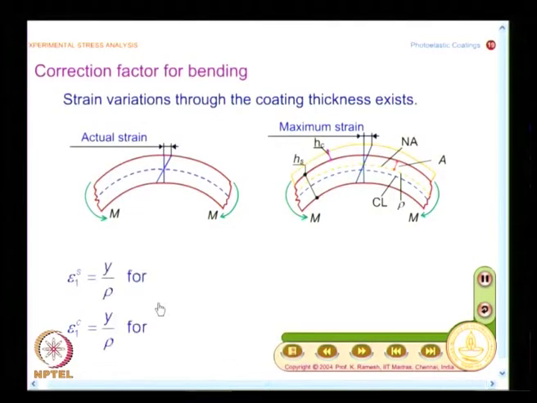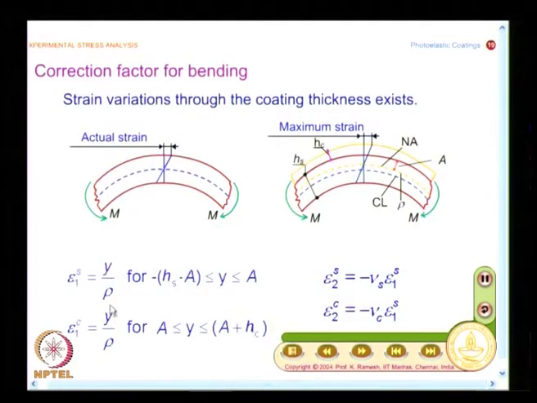I have to put the limits appropriately, and that is what the expression looks like. So, I have y by rho, this is a very famous expression, and this specimen strain is from this fiber to this fiber. So, that is given as y lies between minus of Hs minus A to capital A, and from A to A plus Hc you have the strain in the coating,